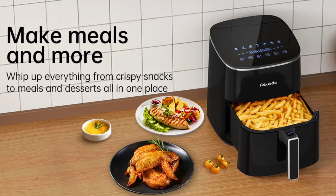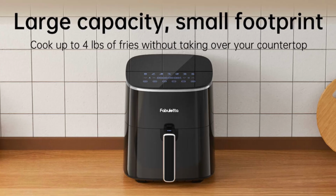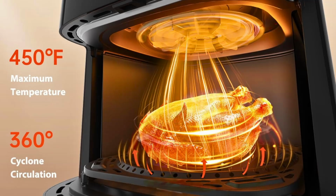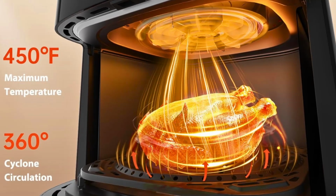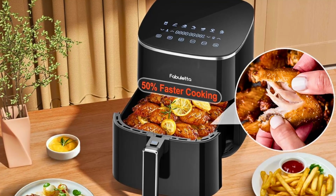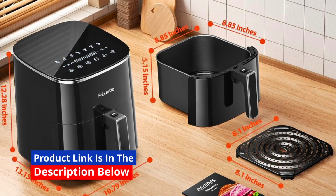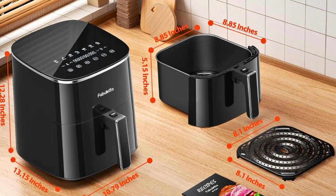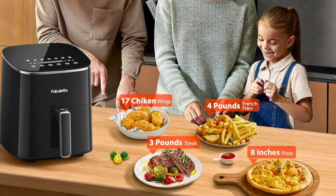Imagine this: golden, crispy chicken tenders sizzling fresh from your countertop, no deep fryer or greasy mess in sight. Or maybe it's a batch of perfectly baked cookies, a tray of roasted veggies, or even dehydrated fruit snacks, all from one sleek, space-saving appliance. Meet this Fabuletta Air Fryer 11-in-1, 6 quart, a game-changer for home cooks who crave versatility, health-conscious meals, and effortless